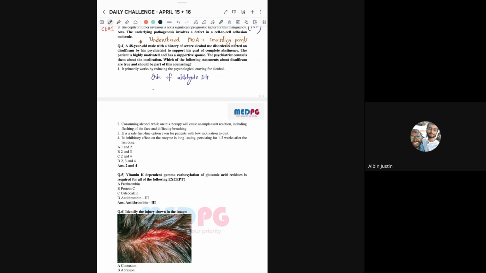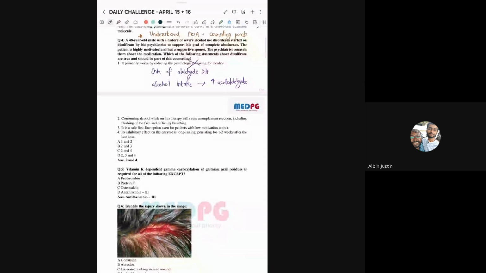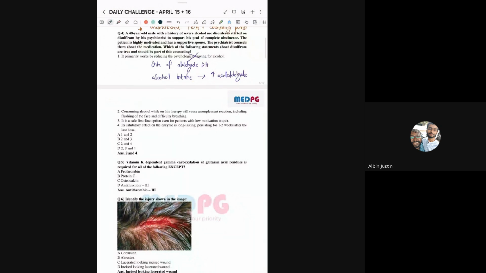Okay. So alcohol intake will lead to increased acetaldehyde and hence disulfiram reactions. Does it reduce the craving? No, it does not reduce. Instead, which drugs reduce the craving? It is naltrexone